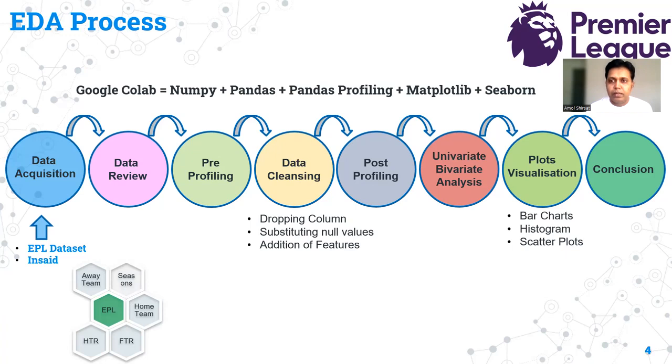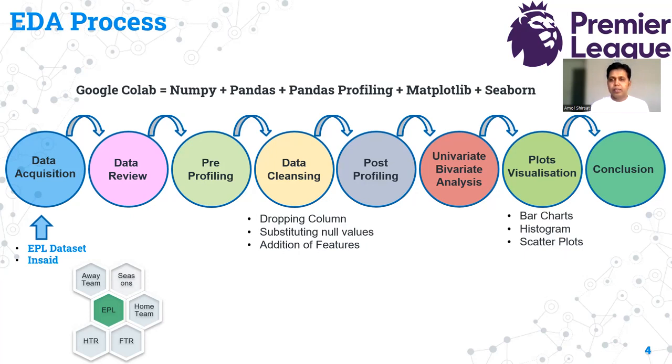Once the data is read, the second stage is the data review, where we understand what the data is, what the data types are, what the various values are, the minimum values, the maximum values, and whether there is any correlation between the features. For that, we use pre-profiling, like the Pandas pre-profiling report here. We understand the data characteristics, and once that is done, we move to the next phase,